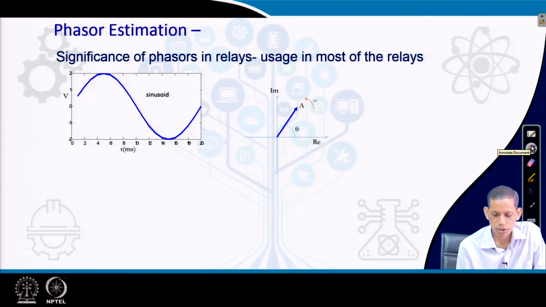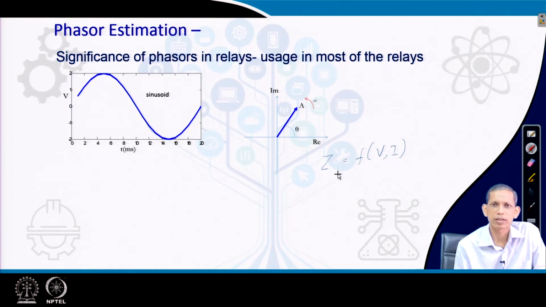different computation processes. For example, when we talk about impedance in a distance relay, this impedance is a function of voltage and current phasors. Phasors can be represented in a complex form, either polar form or rectangular form, and then you can find the corresponding impedance as a complex number. In an impedance relay we can use the R-X plane, and there the decision is carried out by the relay using that complex number.